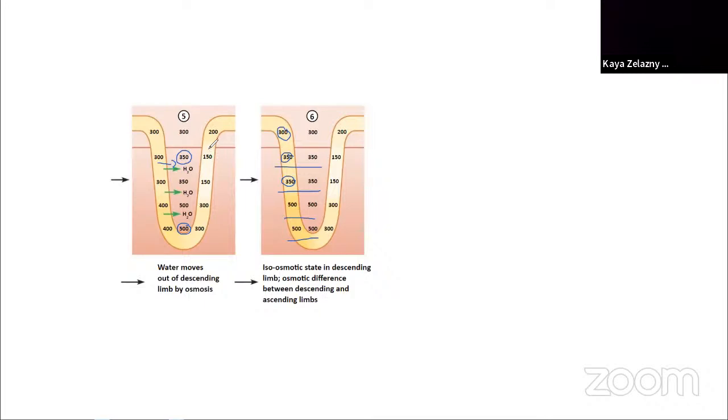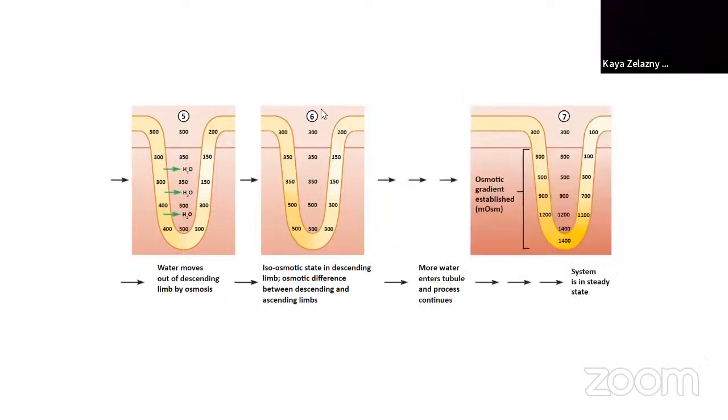And what I would also like us to note is that as we're moving back up into the cortex in the ascending limb, we're now also kind of pushing this low osmolarity fluid up into the cortex, right? So we can see this starting to drop here because we're pushing through fluid that we've removed many solutes from. So this continues to happen over and over again until we reach our steady state, which is the one we